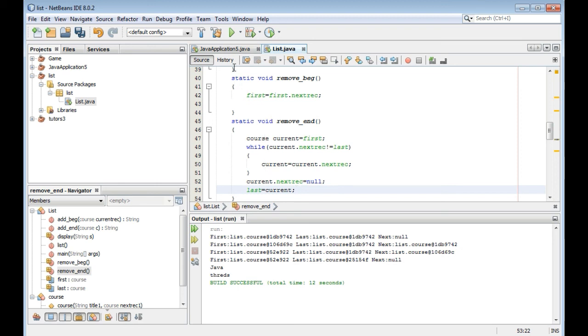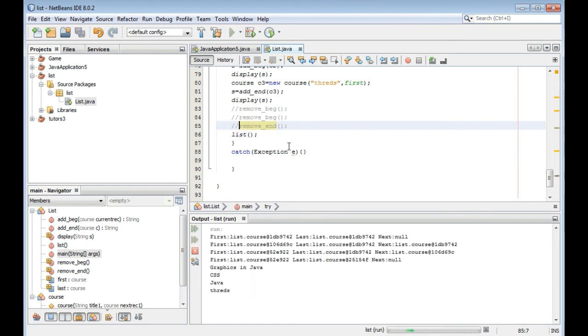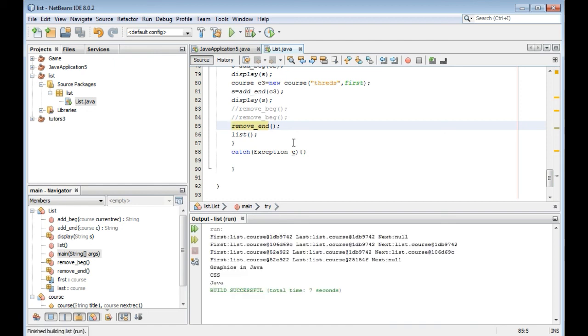Now we have the second last record, and the second last record's next, current.next, is equal to null. Next rec is equal to null, and last is equal to current, right?